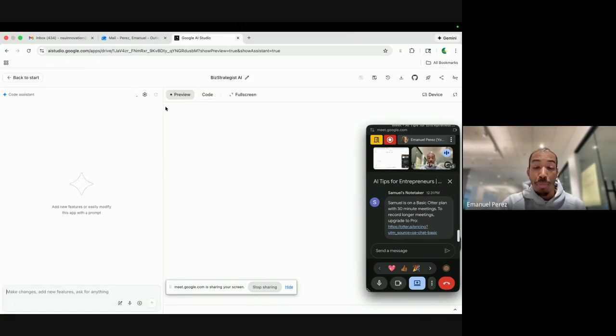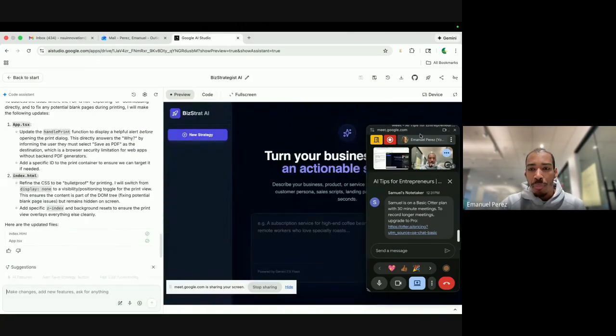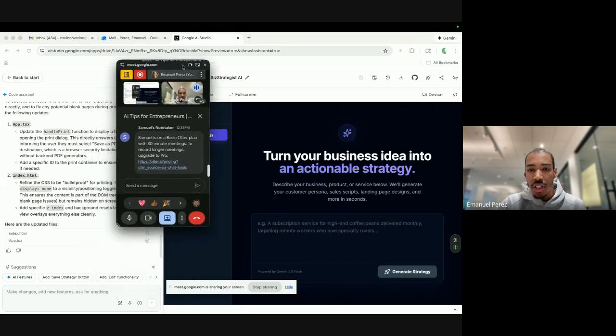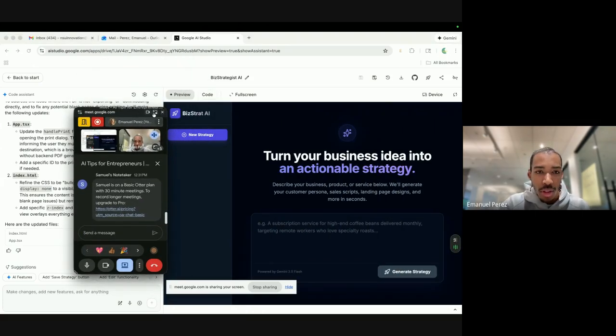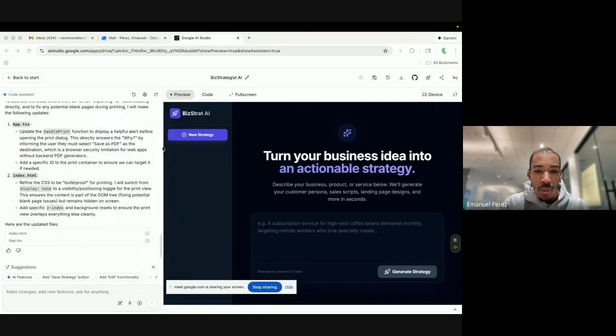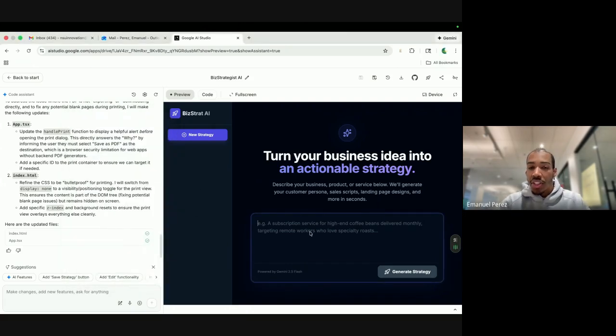This app is called Bizstrat AI. So this helps entrepreneurs, let me minimize this window. Awesome. All right, so this helps entrepreneurs turn their business into an actual strategy using the framework that we've been going over during this 8-week program.